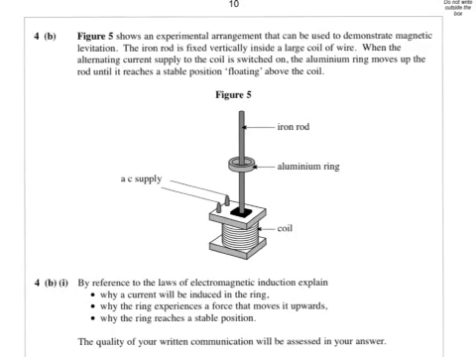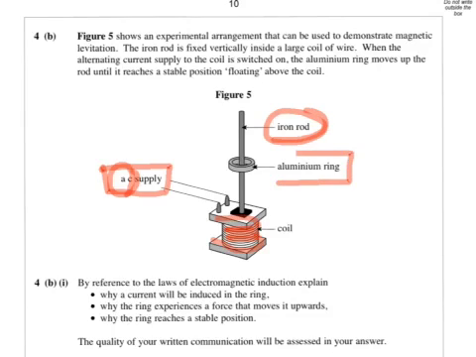I start by looking at the diagram, and what I can see here is I have a coil with an electrical supply, so immediately I start thinking electromagnet. Now the supply is actually an alternating current, which would immediately indicate to me that I have a changing flux. I have an iron rod as a core to my coil and an aluminium ring which appears to be